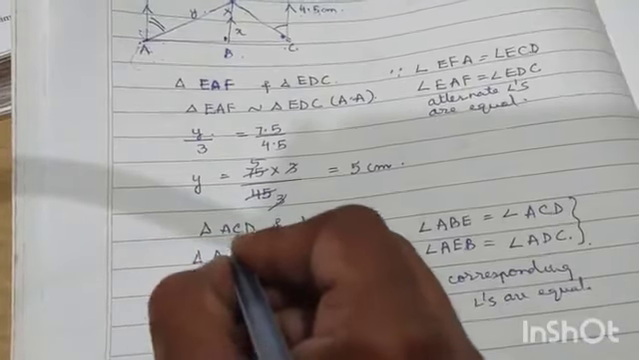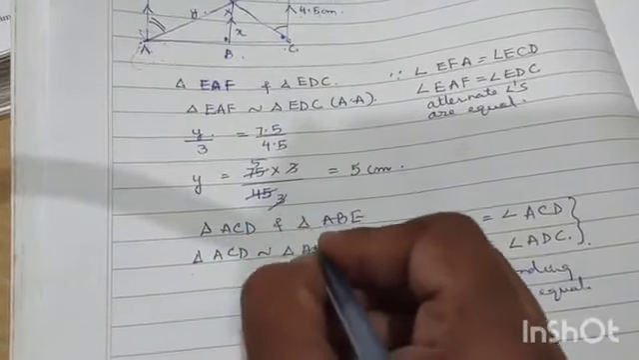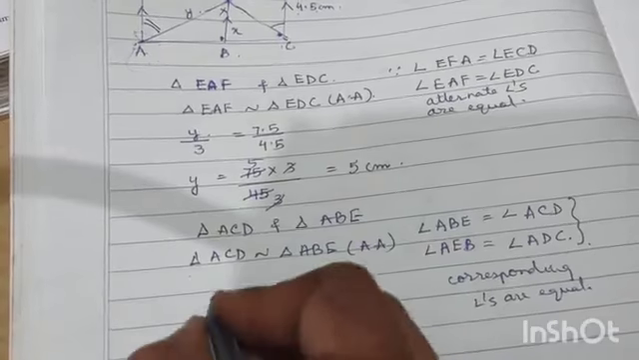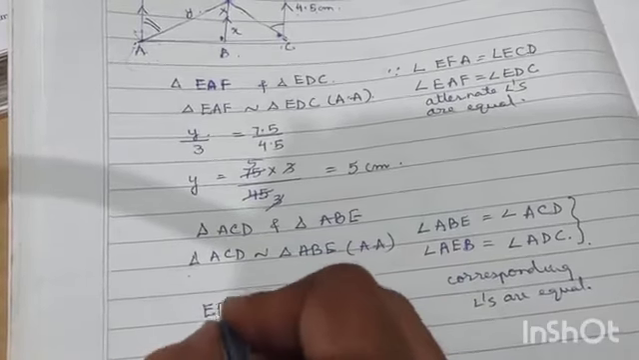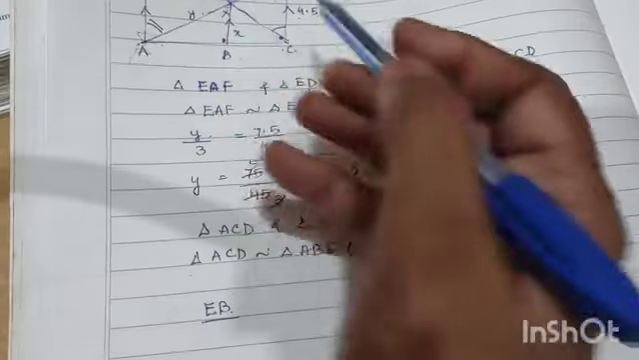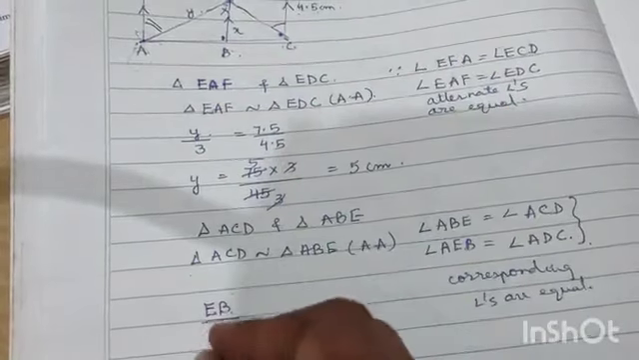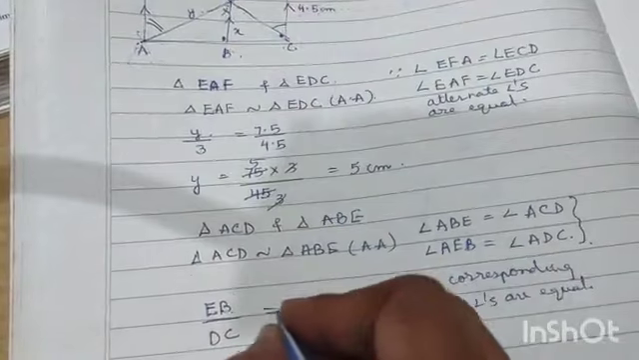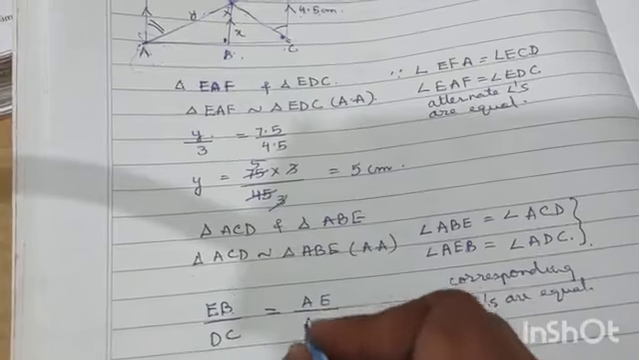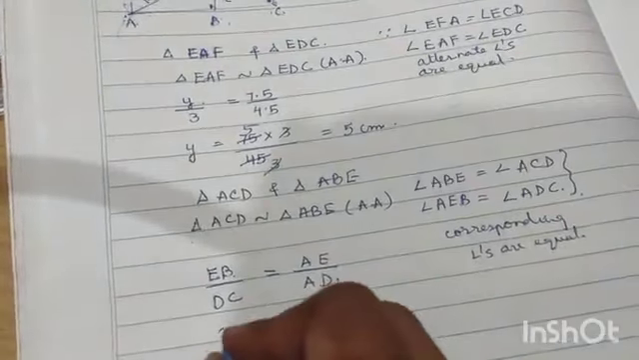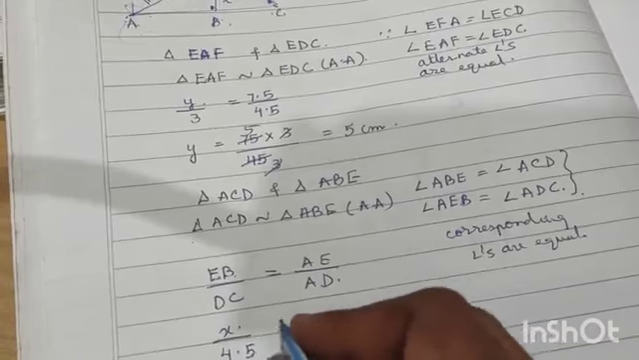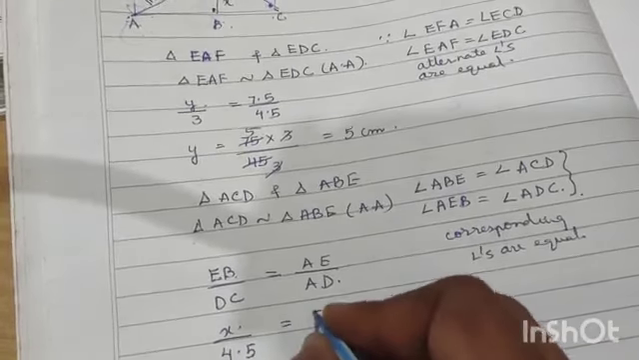So triangle ACD is similar to triangle ABE by AA property. So the ratio of the sides are equal. EB by DC, this side, is equal to AE by AD. Now substituting the values, x by 4.5 is equal to 5 by